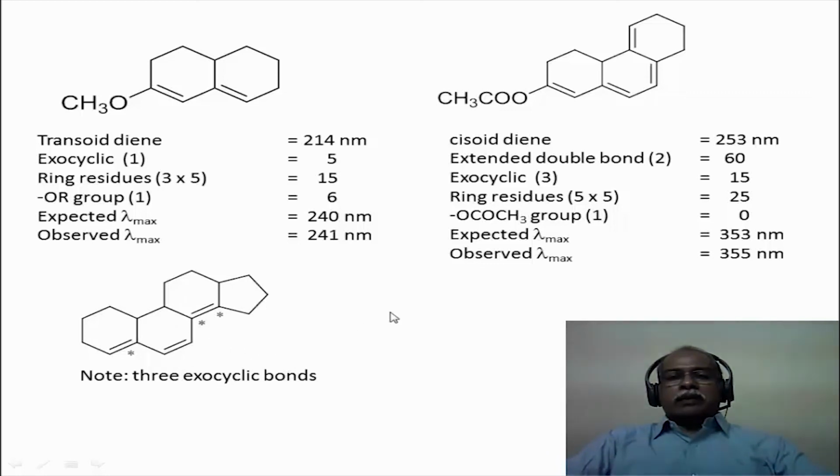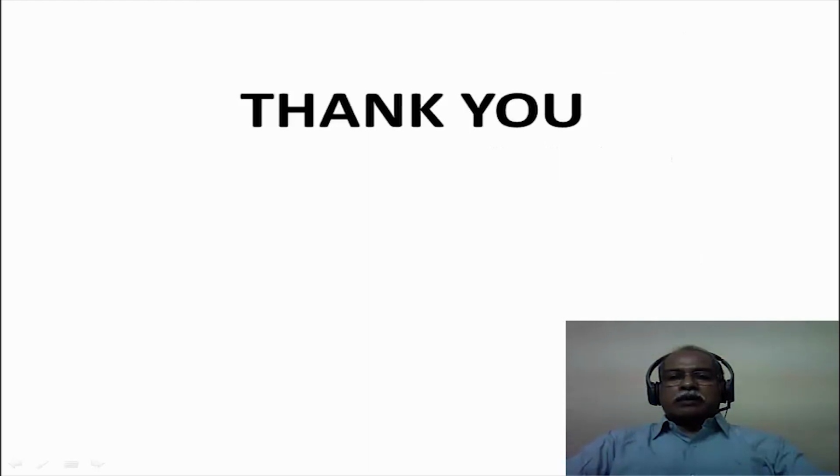So what we have seen in this particular module is the fundamental nature of the electronic transition in an organic molecule, the type of transitions that are present in an organic molecule, particularly olefins and carbonyl compounds. We still have to see the electronic transitions of aromatic molecules, which we will consider in the next module. Thank you very much for your attention.